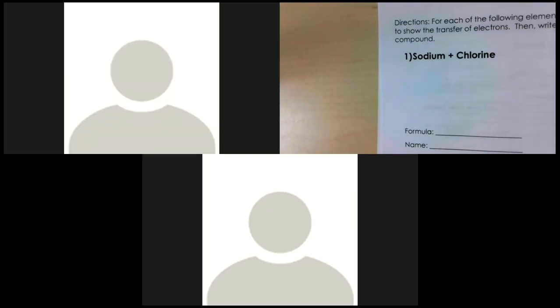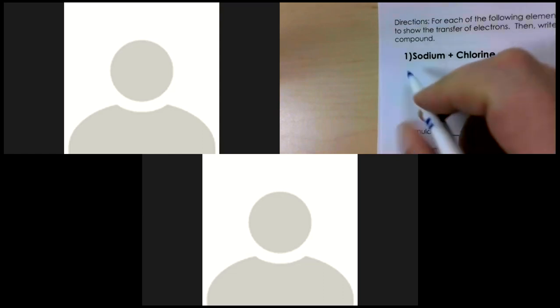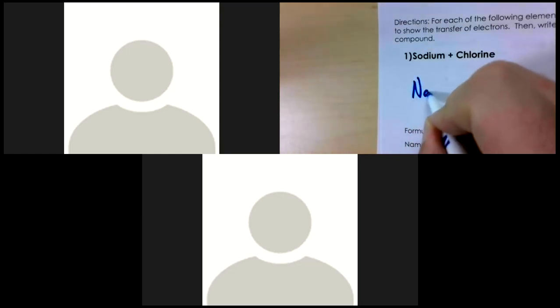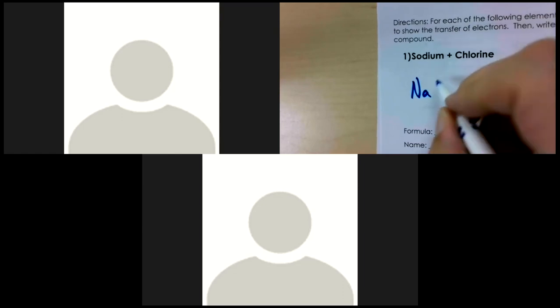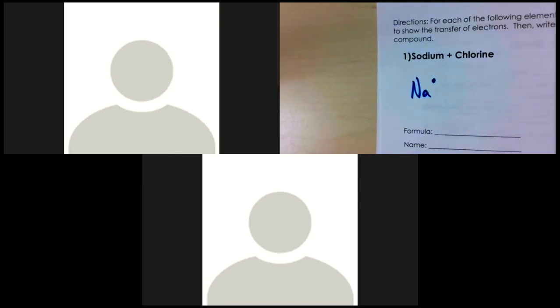All right. So what you have to do first is draw the Lewis dot diagram for each of the elements. For sodium, I'm going to write Na because that's the chemical symbol. It has one valence electron, so I'm going to put one dot next to it. Then I'm going to put a plus sign. Then I'm going to draw chlorine's Lewis dot structure, chemical symbol Cl, and I know that chlorine has 7 valence